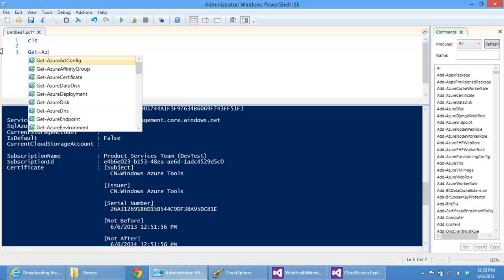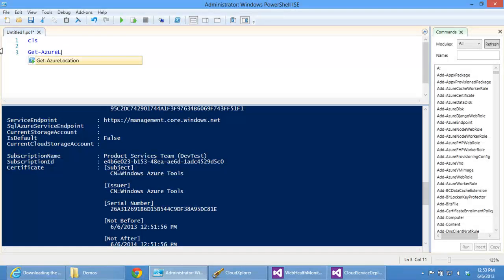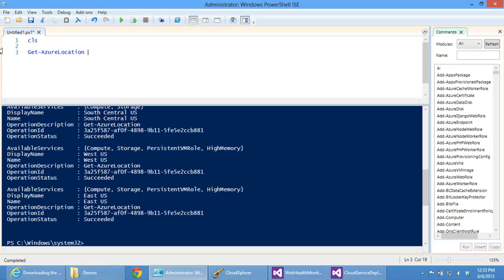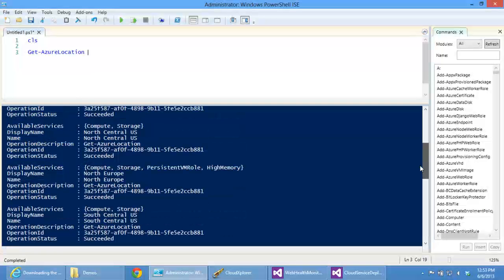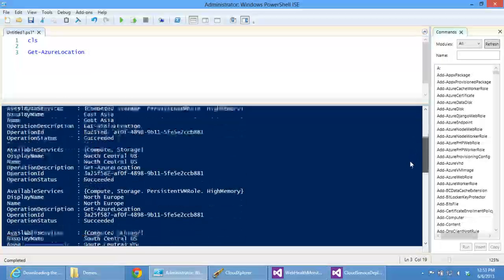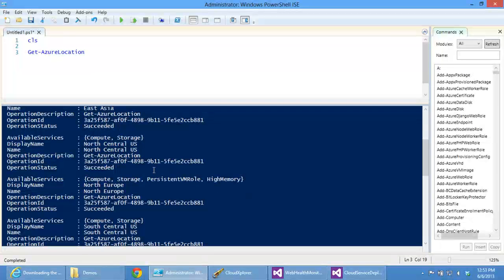So how to do that is you first need to know your location. So Get-AzureLocation. This commandlet will basically enumerate all the data centers that you have in your subscription. So I can scroll down and I can see North Europe, North Central US, East Asia, et cetera, et cetera. And one thing to note is not all data centers are equipped for virtual machines. So if I look at